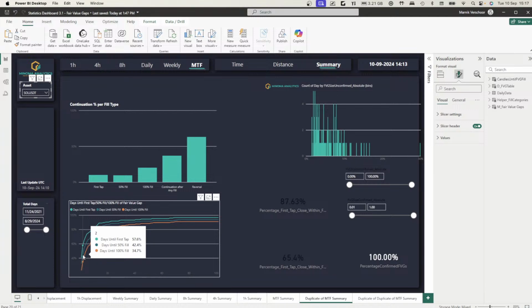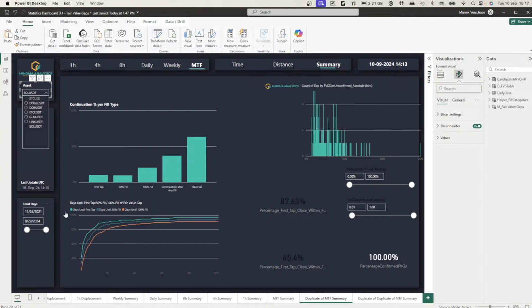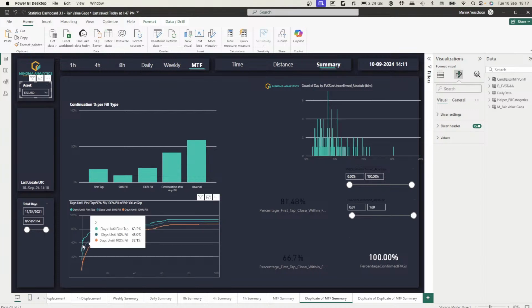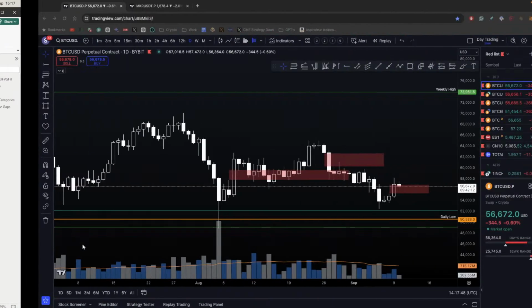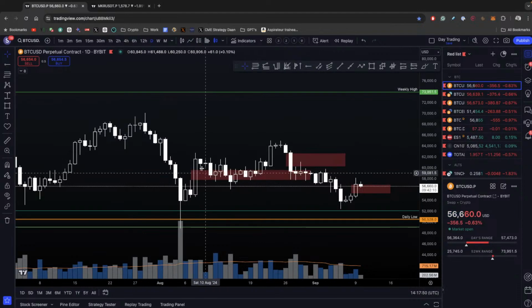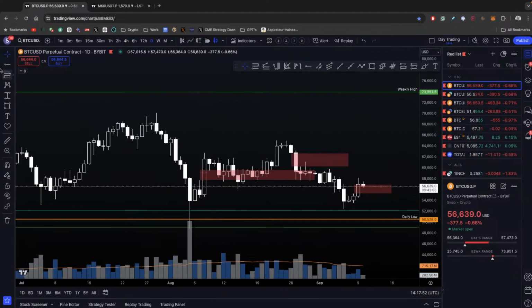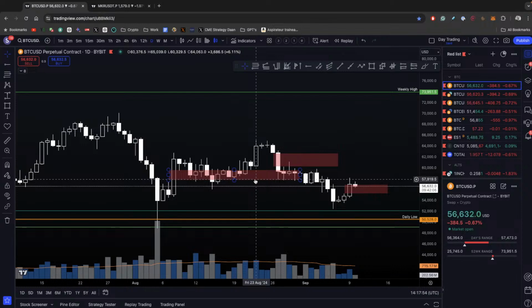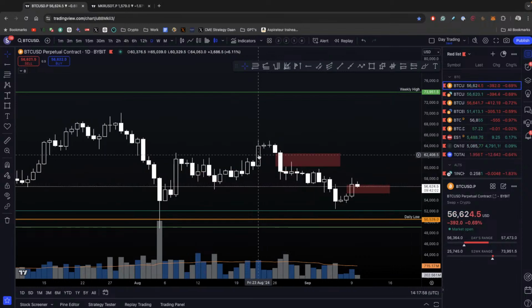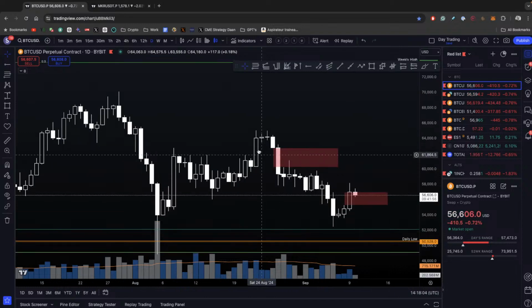2 days, already almost 60% of them. Sorry, this is Solana, so Bitcoin is less. Oh, even more. Within 2 days, 63% of fair value gaps after their first tap, right? Within 2 days, and that's exactly what you saw here. So in a ranging environment, this is going to give us more tools to work with, because when these get left behind, for example here, we're going to have more of an estimate of saying, well, we're in this ranging environment right now, so maybe continuation trades won't work that well.